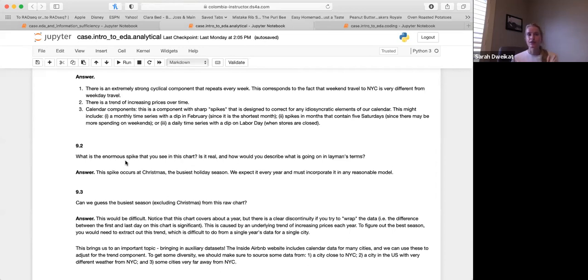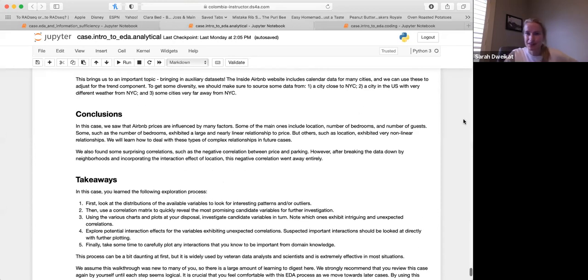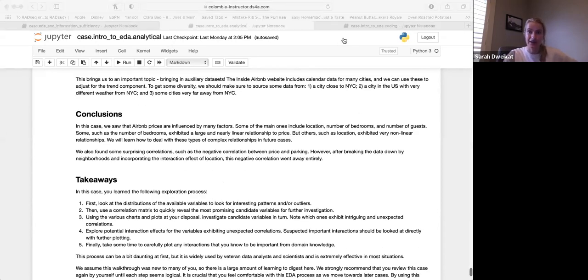The same with location. Someone made a point in the live chat that in other cities, you might find that location, north, south, east, or west, is really correlated with price. So the conclusions that we have here are from New York itself alone. They can't necessarily be extrapolated to every other city, especially worldwide for Airbnb. So let's discuss our conclusions, our takeaways, and then we will take a break.